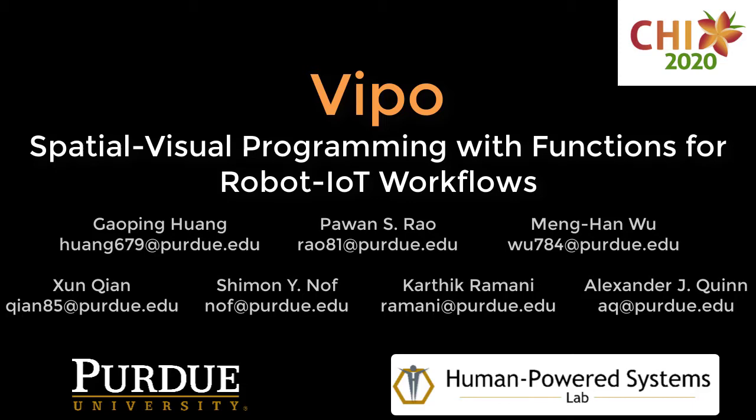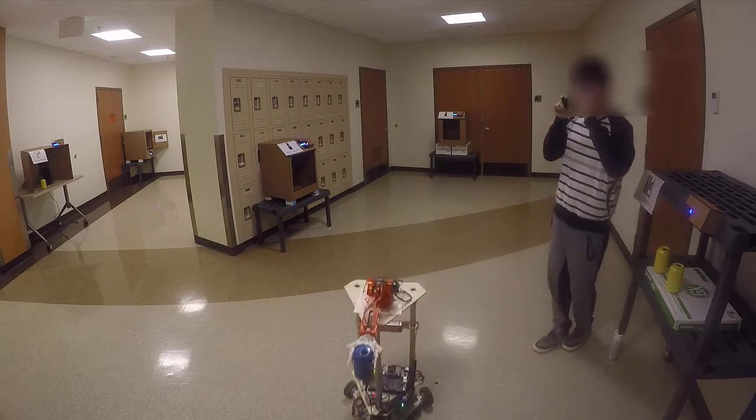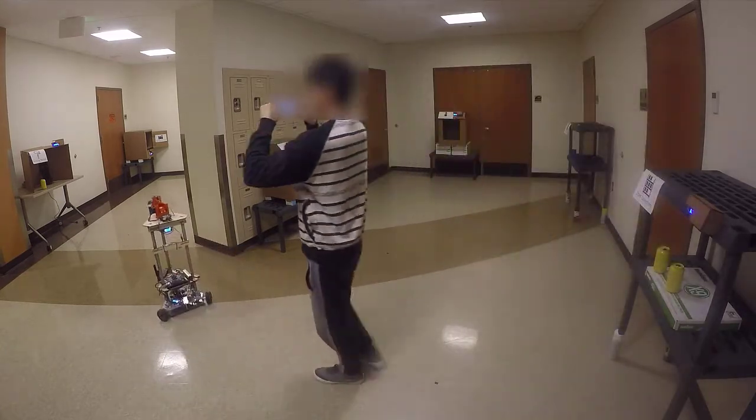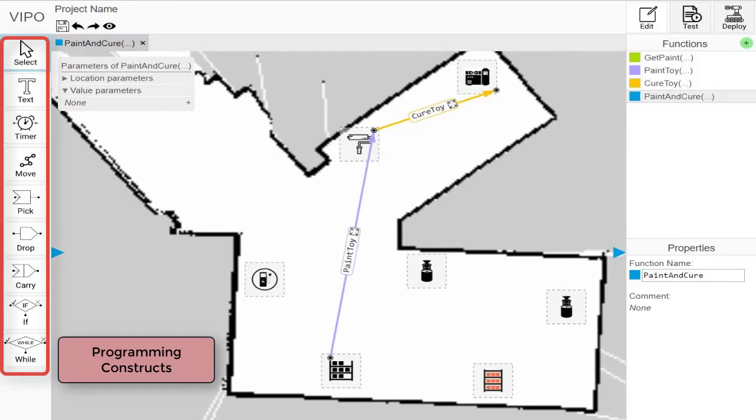We present SSVL, a spatially situated visual language for authoring workflows for mobile robots and IoT devices. Through SSVL, we address the challenges of authoring complex HMR workflows in dynamic and spatial environments. We design a spatially situated visual language to enable users to program mobile robots using standard programming constructs in the